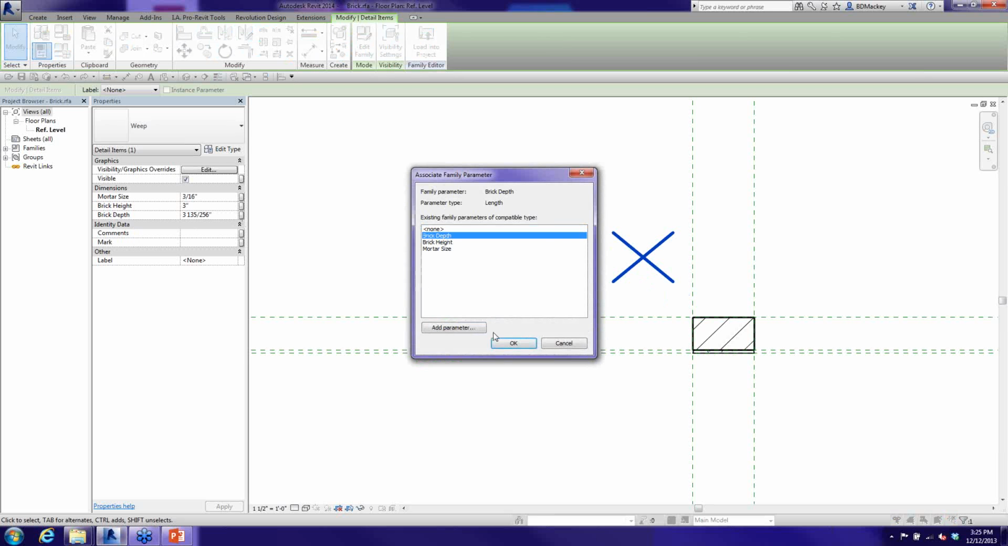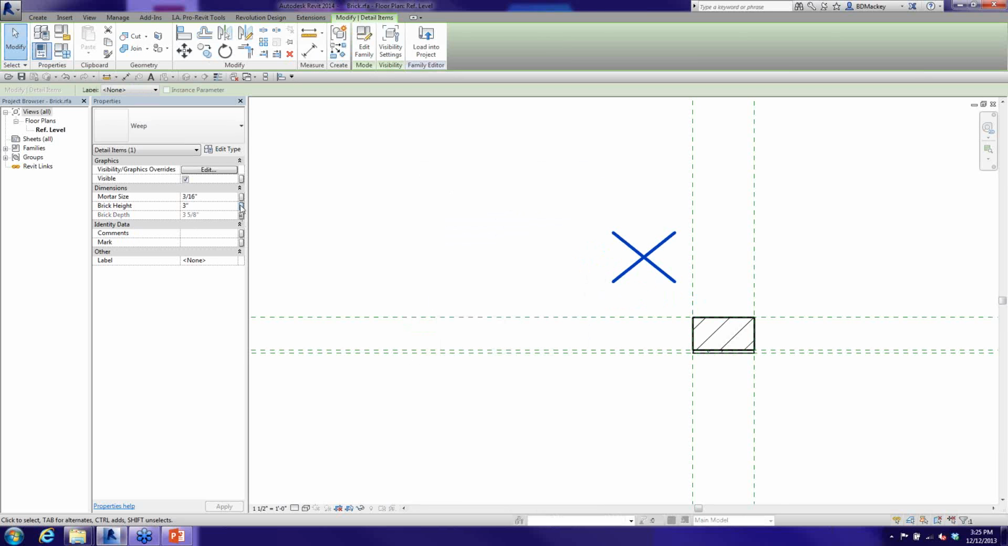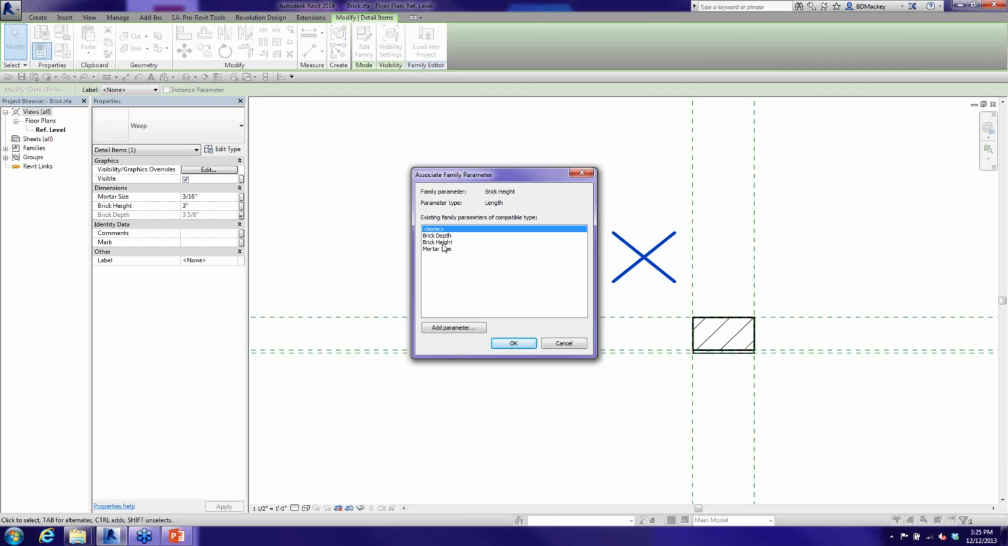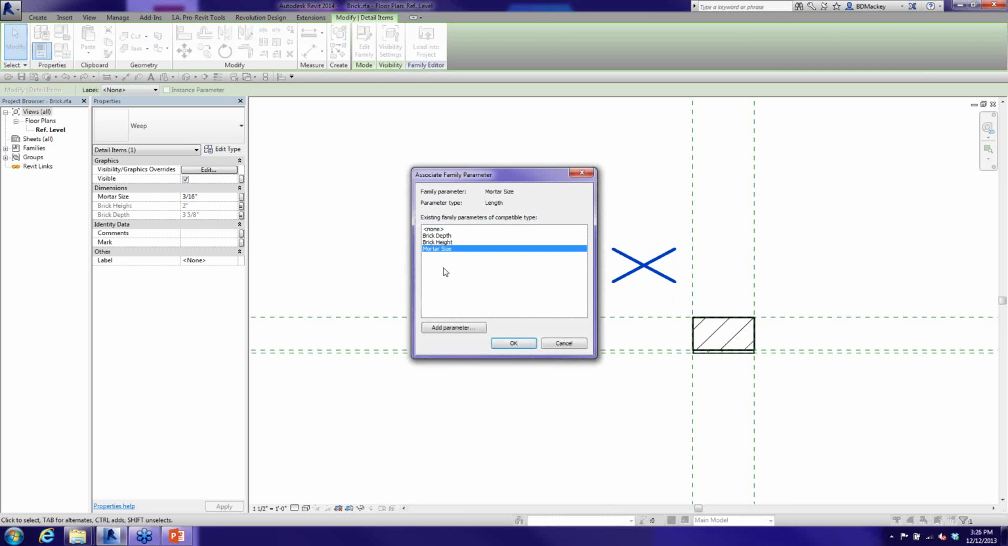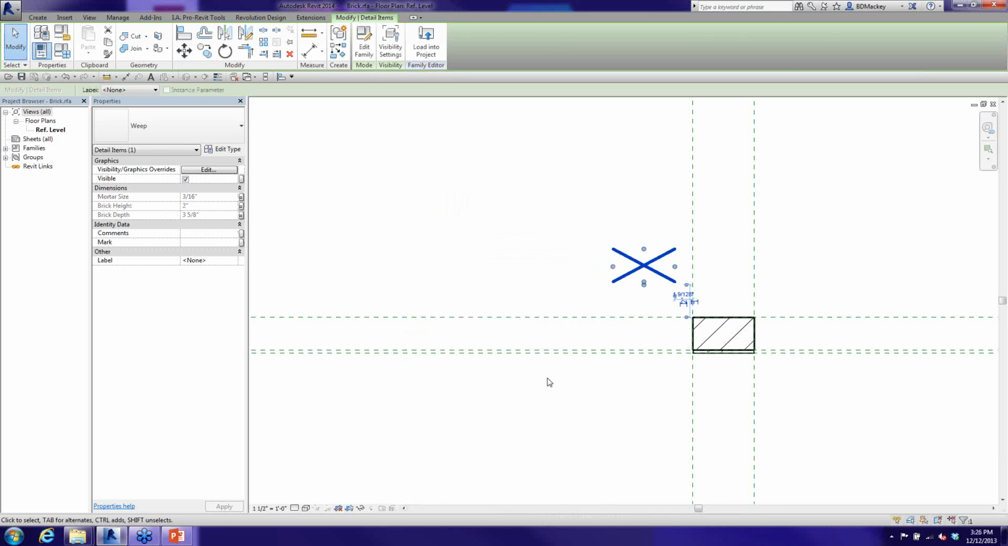I grab brick depth. So map brick depth to brick depth. I'll take brick height and map it to brick height. And again, I'm not really using it, but I can map the mortar size just so it's all consistent. You'll also notice that you can tell that a family has had parameters mapped because the triangular shape handles